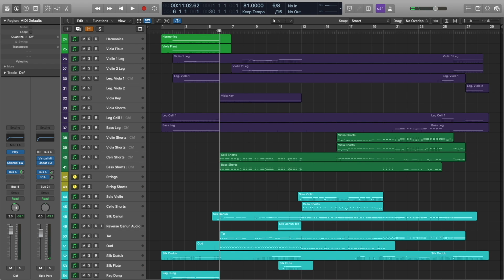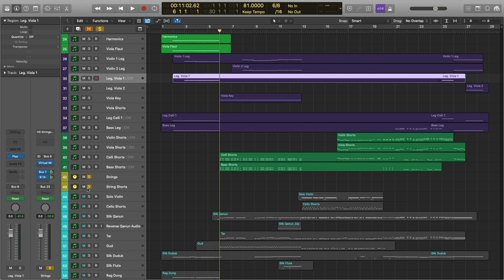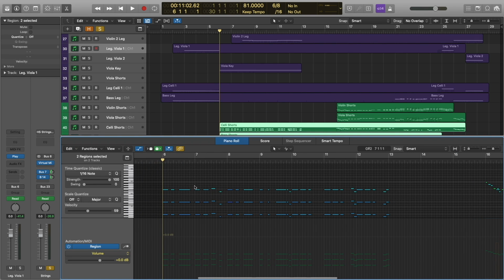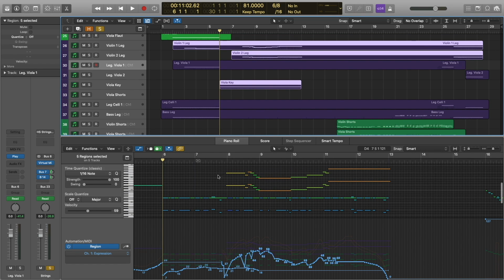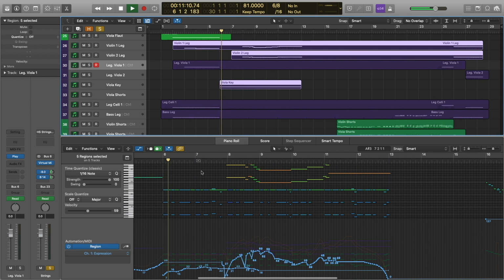Okay, let's break it down starting with the strings. We have introduced this ostinato line in the low strings, and joining them is just a single sustained note from the violas. And in bar 8, we introduce a melody in violin 1 and 2. So let's give that a listen.